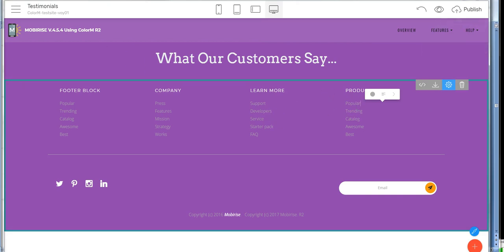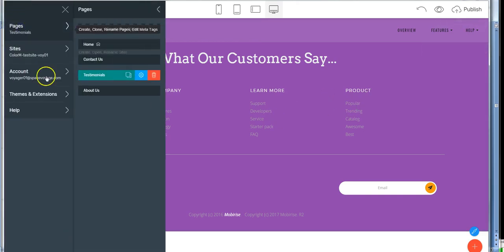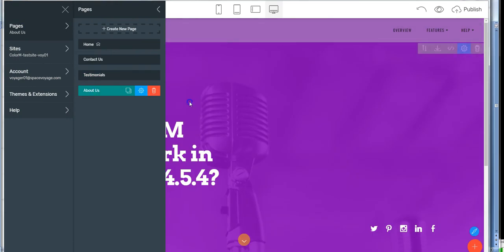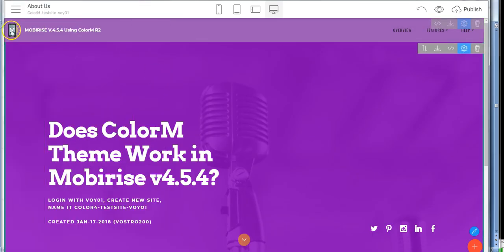Okay, so let's go to page, and let's go to About Us. And you see this little favicon right here? Of course, we're going to change that, but that's the default favicon for Mobirise 3. In Mobirise 4, it's red and more outlined, more modernistic. That's okay. So we're in About Us, and what we're going to do here is I want to get rid of